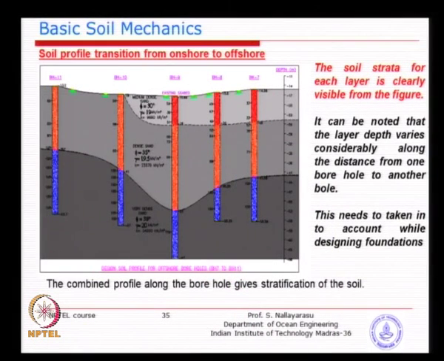So, what we need to see is you identify certain coarser spacing, look at the soil profile. For example, you look at this picture, you can see there are 3 layers distinctively. One of the layers is intermittent, basically the top layer is not continuous over the length, but the second layer is throughout the length, and the third layer also, and varies considerably. You can see here one location is about 50 meter depth, the other location becomes 40. So, there is a considerable variation, but after getting this profile, you could easily find whether you need intermediate borehole or not.